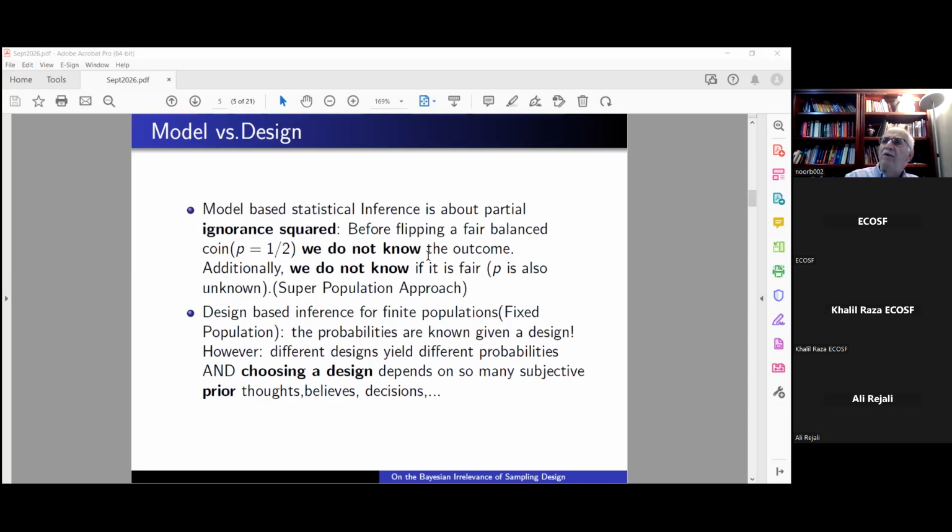Bayesians and non-Bayesians, instead of randomization theory, came up with superpopulation models where they assume that a population of 300 million, we are measuring their height, that population of 800 million, 3 billion, is a set of random variables. Actually, that population is a realization of a superpopulation. So they came up with the idea of using classical statistical inference models,